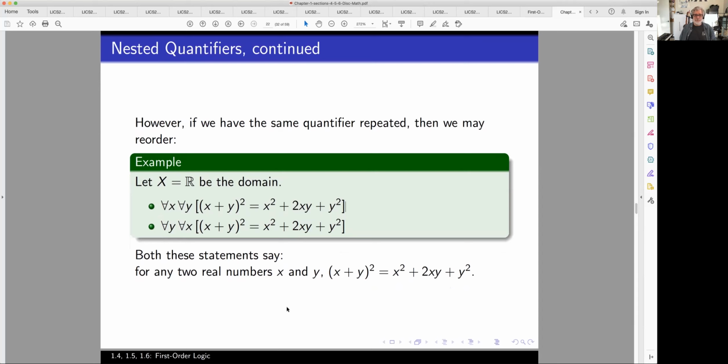And by the way, this is something that is unfortunate, but when you were doing high school math and maybe calculus, and you were looking at identity,